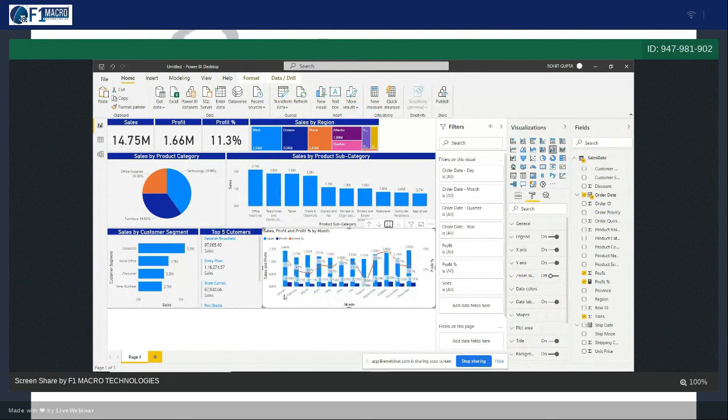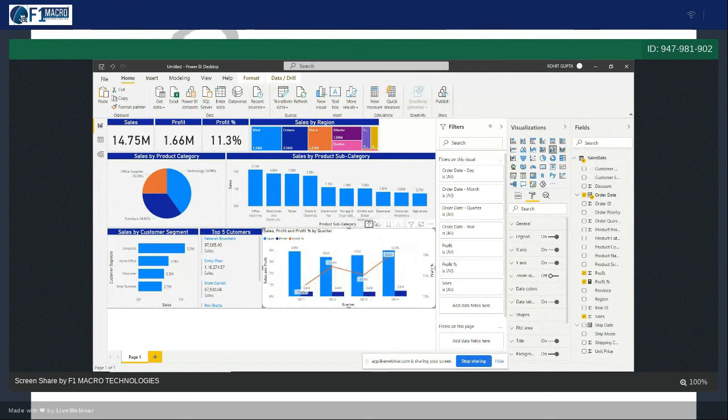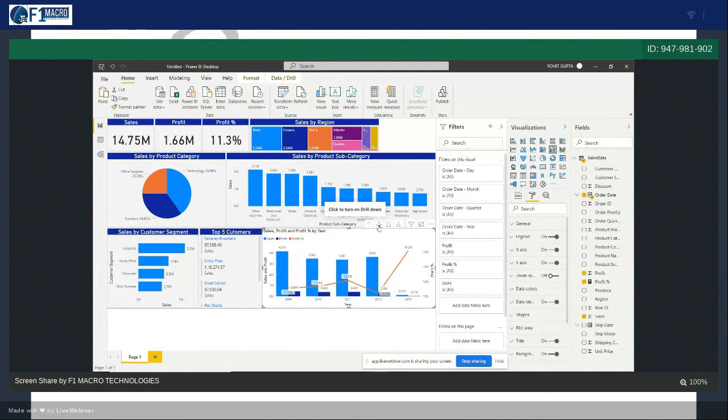Jan for 2009, 10, 11, 12, 13, right? But this is not a right thing, right? You want to see only 2009 quarter wise sales or 2010 quarter wise sales. So first of all, to see those numbers, what you will do, you will just click on this. Okay, turn on this. Okay, this is now enabled.